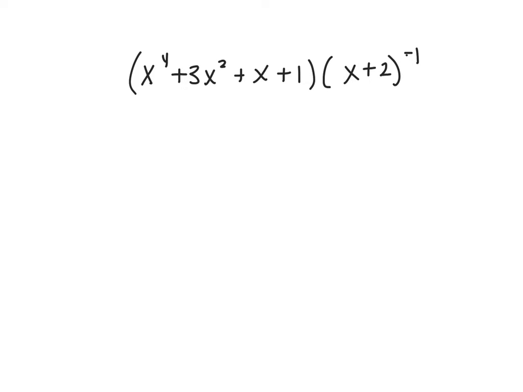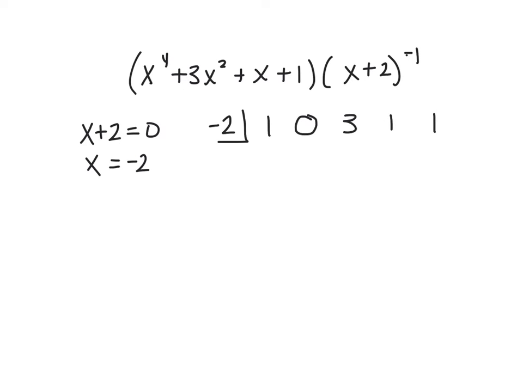So once again, we are dividing by x plus 2. So I'm going to take that x plus 2, set it equal to 0, and solve. So x is equal to negative 2. Then I'm going to put that here in this box and use the leading coefficients from the polynomial. So here we have 1x to the 4th. But we don't have x cubed, so I need to put a 0 placeholder in for x cubed. Then we have 3x squared, 1x, and 1 again. So I'm going to draw that line and start with the division. So bring the 1 down,